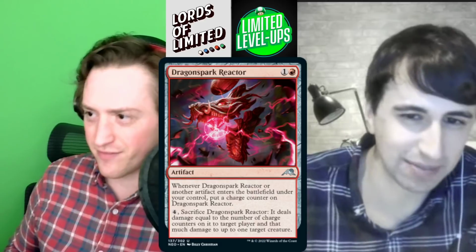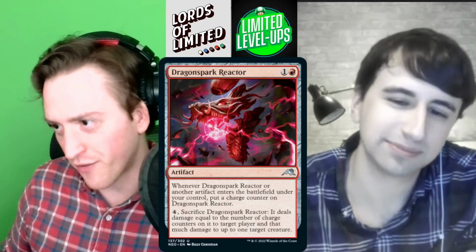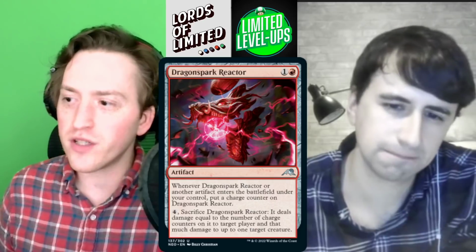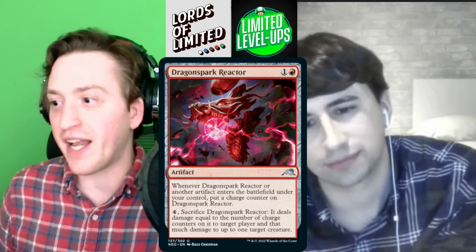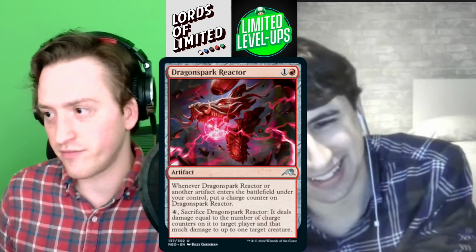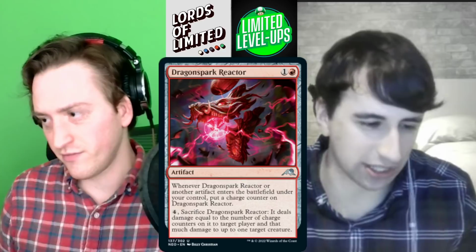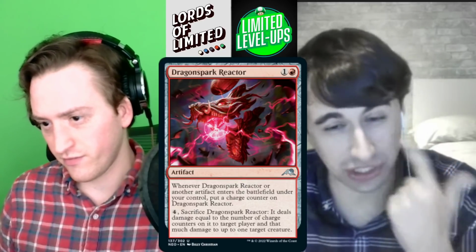All right. More stuff pointing towards the same thing. Dragon Spark Reactor is 1 in a red for an artifact. When it or another artifact enters the battlefield under your control, put a charge counter on Dragon Spark Reactor, and then pay 4, sacrifice it. It deals damage equal to the number of charge counters on it to target player, and that much damage to up to 1 target creature. Oh man, that's wild. So it's kind of like a Shrine of Burning Rage in a way. Mm-hmm. It doesn't obviously need to keep casting things. It doesn't just accumulate counters like Shrine does,